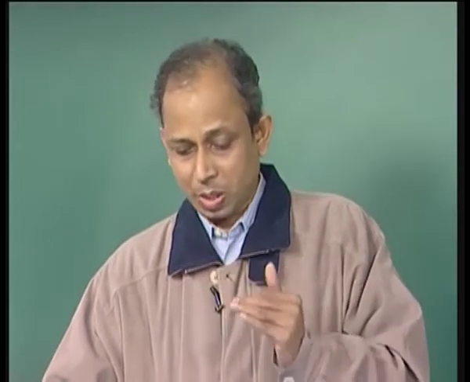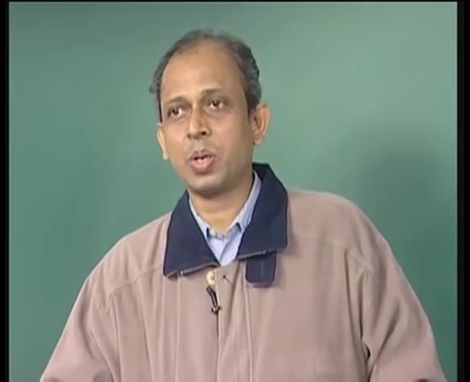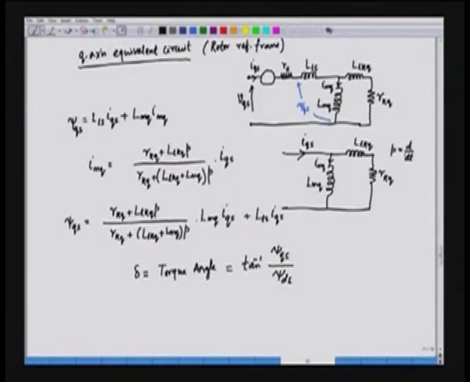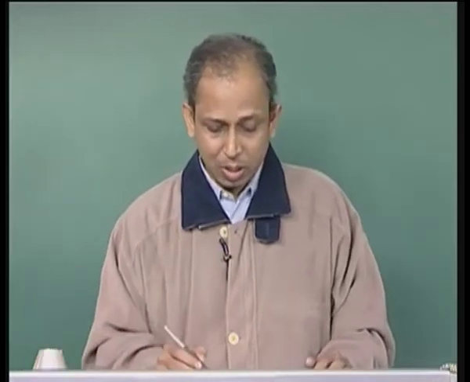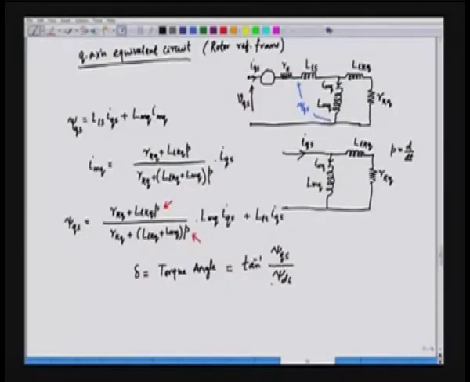Of course, if you see this expression for PsyDS and PsyQS, we will see that ultimately we have to implement a few integrators. P is the derivative term, so we have a P in the numerator and also a P in the denominator. So, ultimately this will lead to something like an integrating action finally, and then we have a summation in this case. So, there is no derivative term in the final implementation of PsyDS and PsyQS. So, once we find out PsyDS and PsyQS, we can calculate the torque angle delta, which can be used for